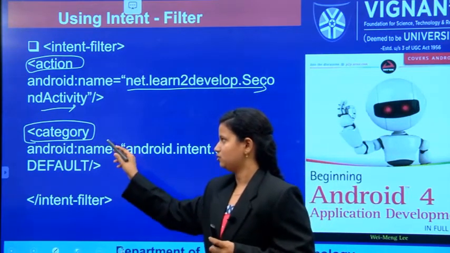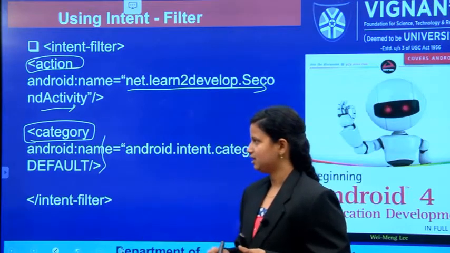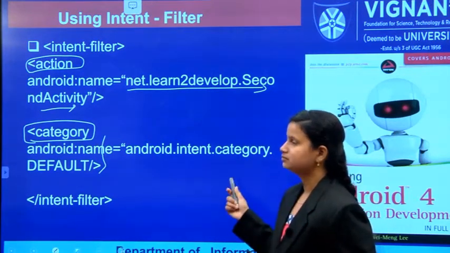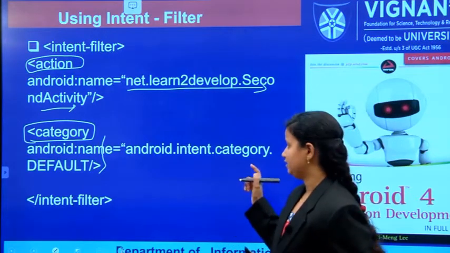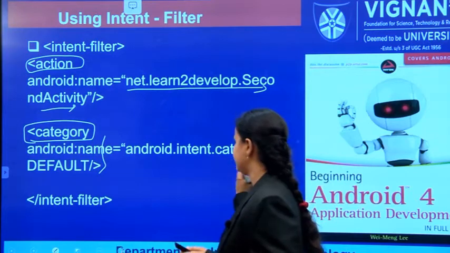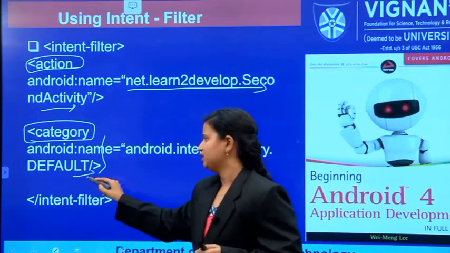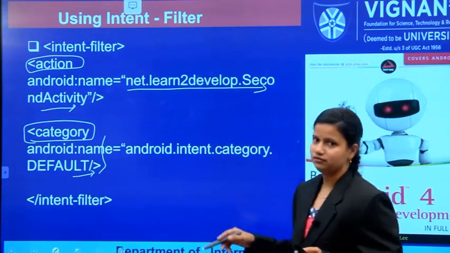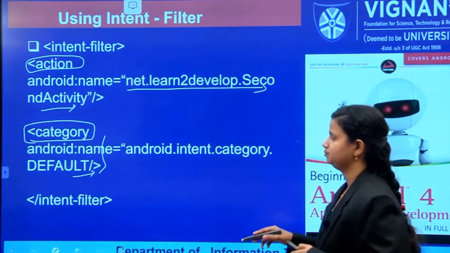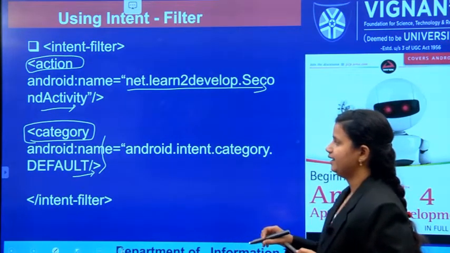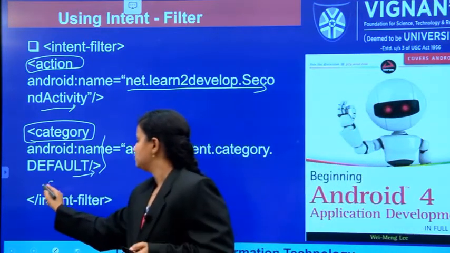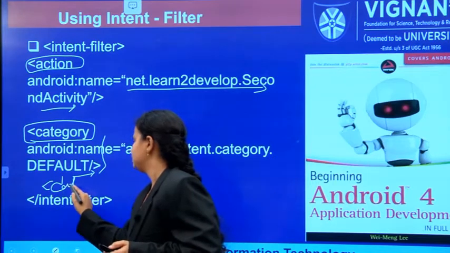And the category tag says in which situation this activity will be loaded. For android.intent.category.DEFAULT, in the default situation it will be invoked. The data tag is also available.